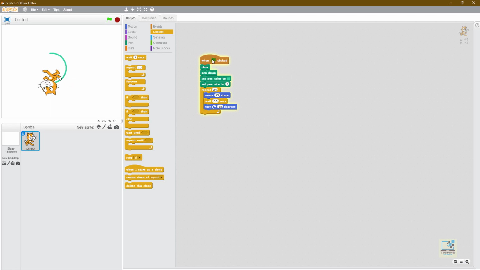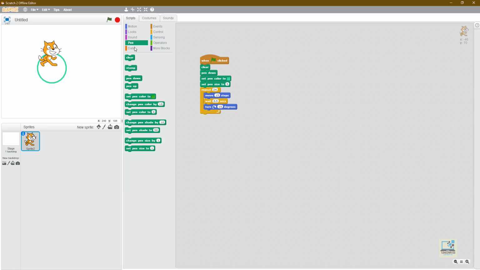But do you see the color? It's a single color only. Now what if you want to draw a colorful circle? What to do for that? In that case, if you want to draw a colorful circle, then you just have to use one option. Go to the pen block and there you have to bring this option which is called change pen shade by 10. You just put it inside of the repeat, anywhere inside of the repeat, and let's say I will make it 20 so that the color is more different every time. Now if I run the program, you will see in each movement the color is changing and now it is more colorful.